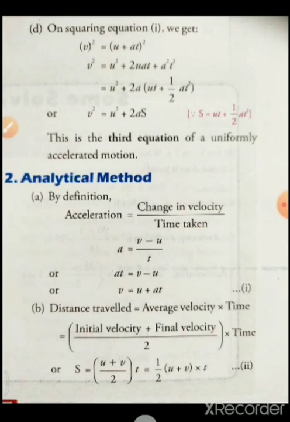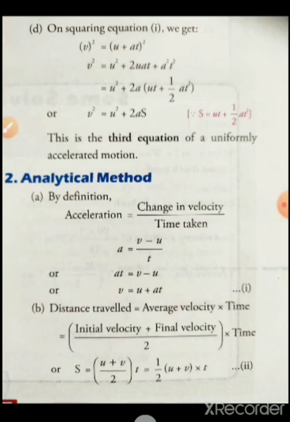The equations can be obtained in the following two ways. Let us see that one. Graphical method, velocity time graph. From the velocity time graph, we can find out the acceleration. You know that, because acceleration is the rate of change of velocity only. Change in velocity divided by time is called acceleration. So let us start this one.